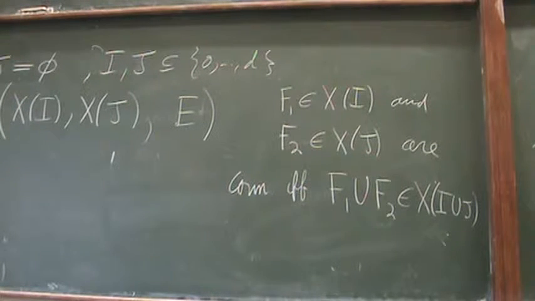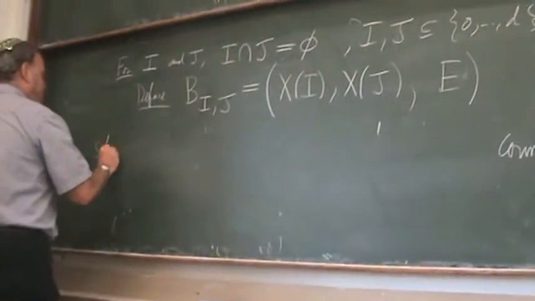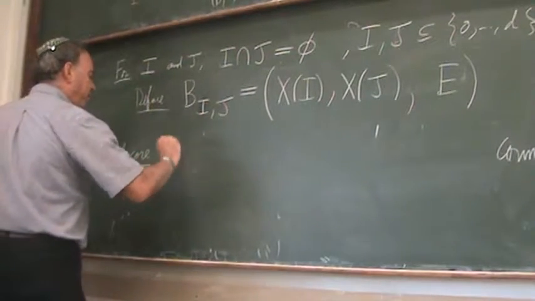I mean, maybe it's not a face. I can take several vertices here, I can take a triangle here and an edge here. If together they give me a face, then I put a line in this bipartite graph. So this is a bipartite graph. And a special case, which we will denote B_i,